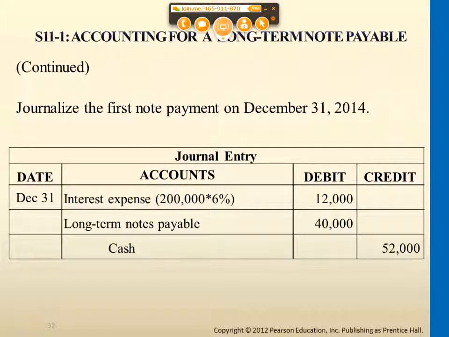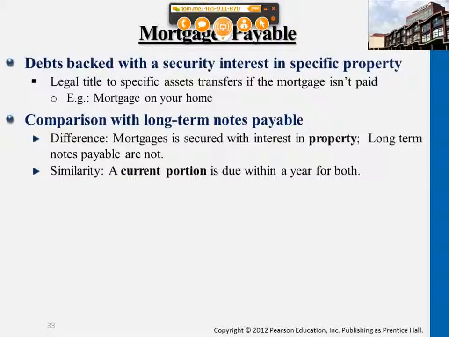Okay, this is the first category of long-term liability. Now we're moving on to mortgages, mortgage payable. Mortgages payable is another type of long-term liability. The difference is that this type of liability typically happens if a company wants to purchase long-term assets, specifically property